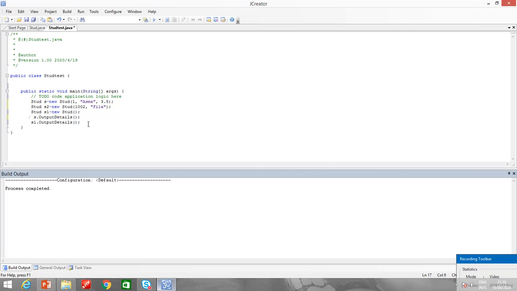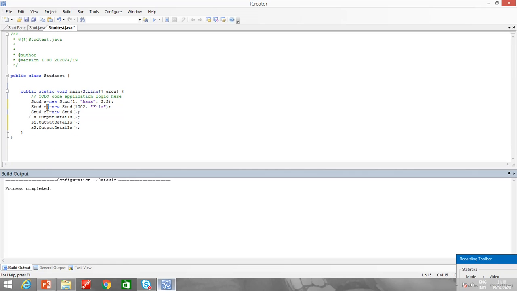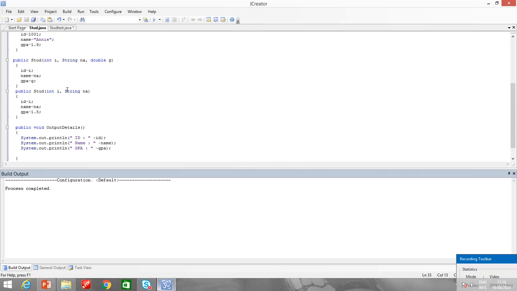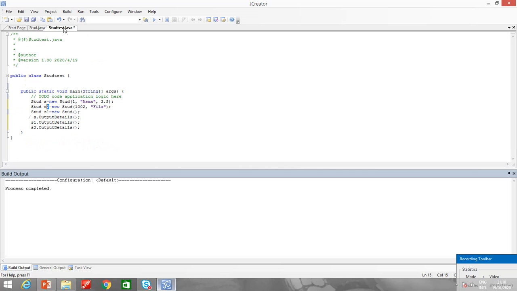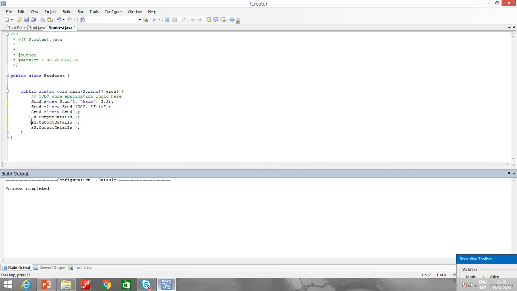So s dot output details, s1 dot output details, s2 dot output details. The first object will call the constructor having 3 parameters. My second object will call the constructor having 2 parameters, and my third object s2 will call the no argument constructor, and then I am calling the output details method.